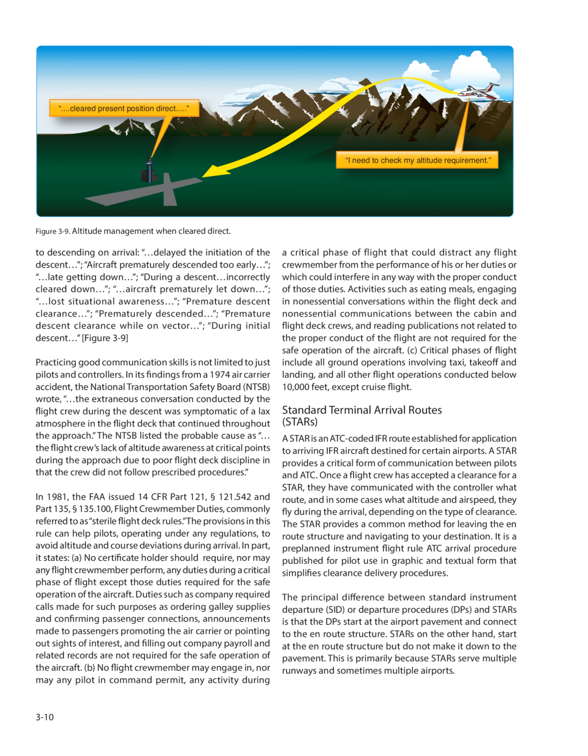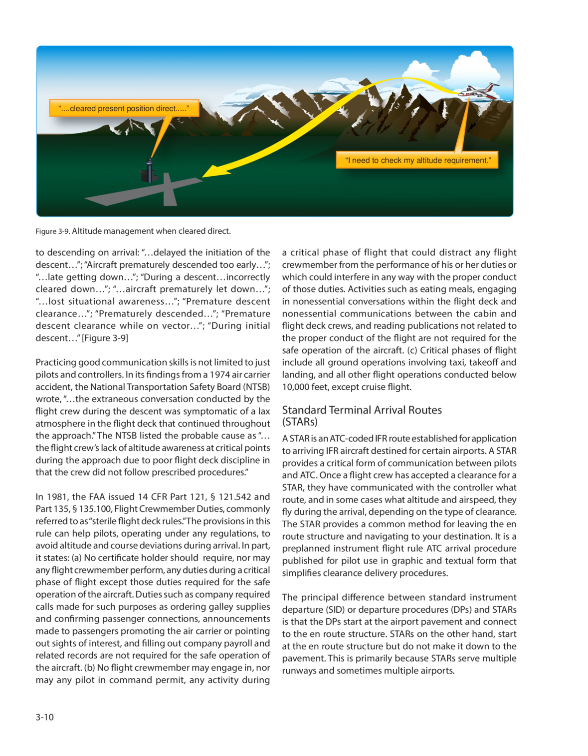Once a flight crew has accepted a clearance for a STAR, they have communicated with the controller what route, and in some cases what altitude and airspeed, they fly during the arrival, depending on the type of clearance. The STAR provides a common method for leaving the en route structure and navigating to your destination. It is a pre-planned instrument flight rule ATC arrival procedure published for pilot use in graphic and textual form that